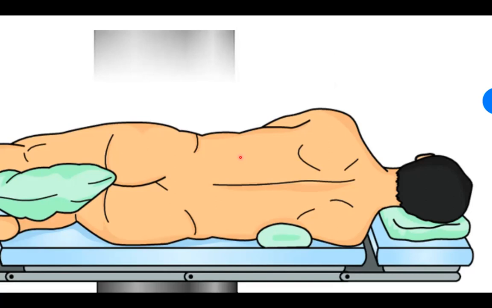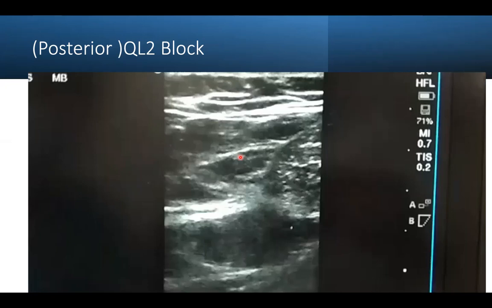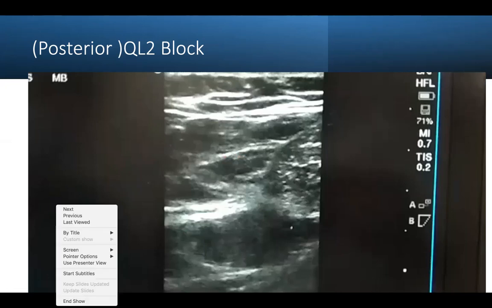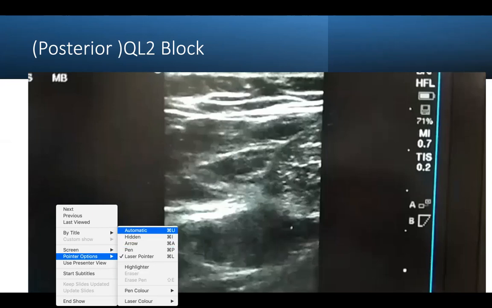spread of drug. And this is how Dr. Rafael Blanco is also doing this block with the help of a linear probe. So if you want better success, I think the linear probe is the key. And what we see here, I'll show you. This is a very quick short video, and